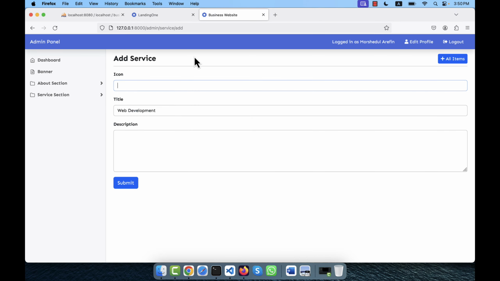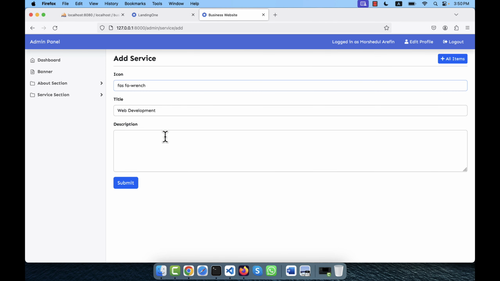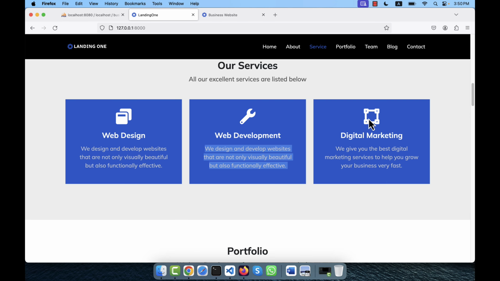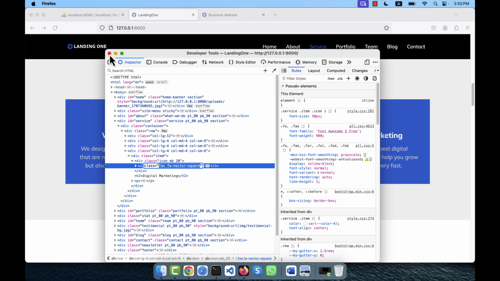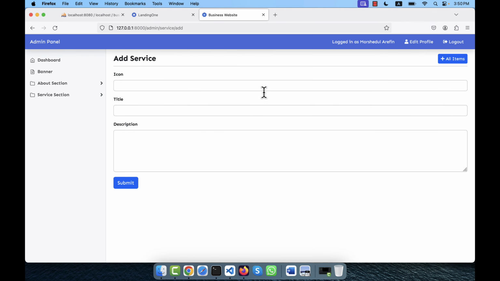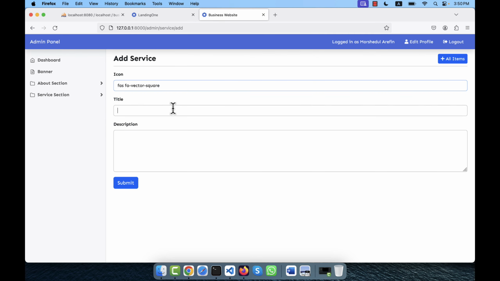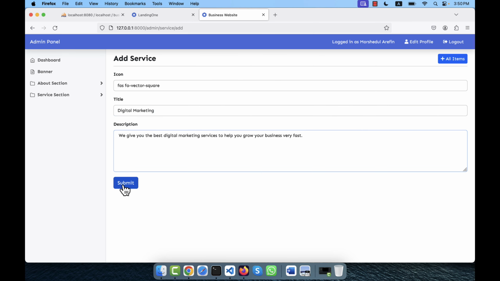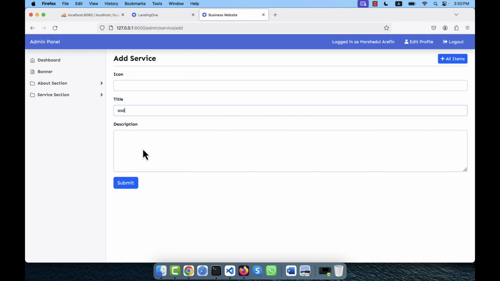that is this icon here, and this is the description. I am going to copy, paste it here, submit. Yes, this icon comes. Lastly the icon, this is the icon, copy, and now I am going to add another service where this is the icon, this is the title, and this is the description. Okay, so here submit. So three items come. Now for checking I am going to add another one. Okay, so here